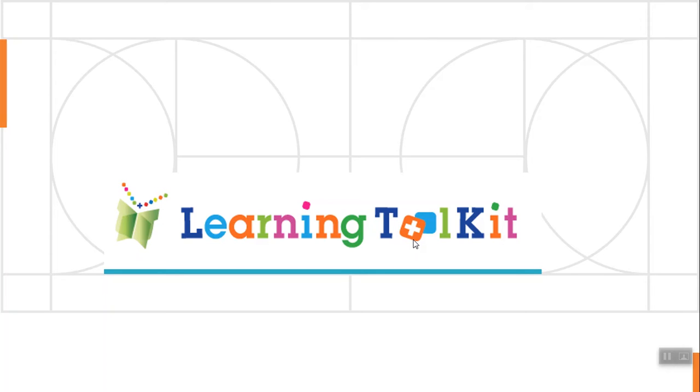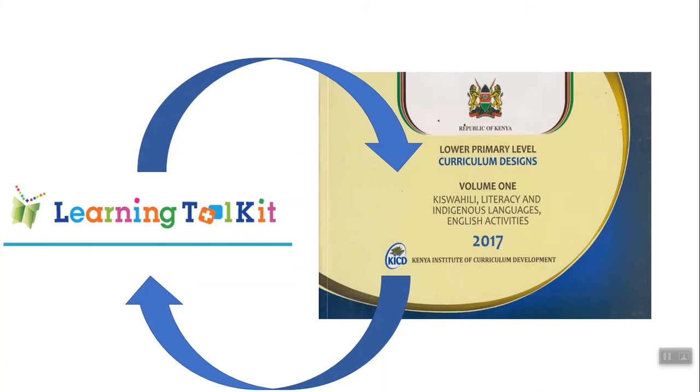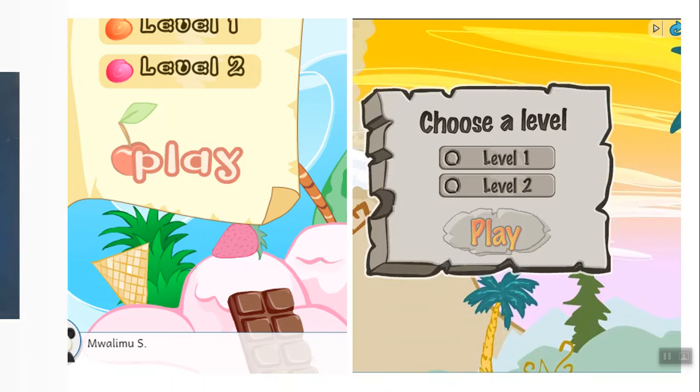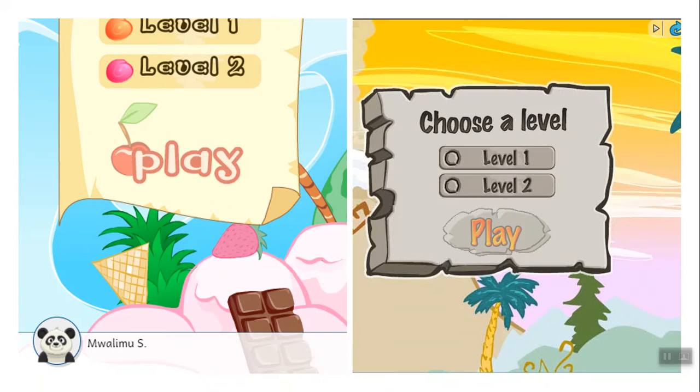The Learning Toolkit provides teachers with the opportunity to decide how they want their lessons to look. The tools within the Learning Toolkit are not prescriptive but adaptive to the learner's experiences, thus providing the teacher with the flexibility of designing their lessons in a customized manner that suits their students. These activities are not only multi-leveled, hence providing opportunities for differentiated and self-paced learning, but also student-centered, hence creating an